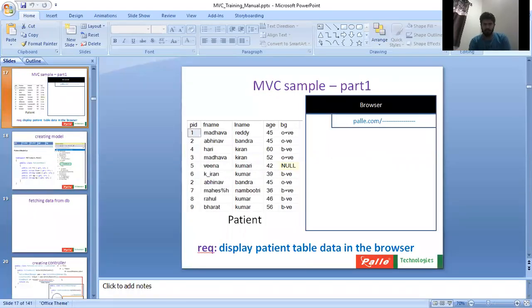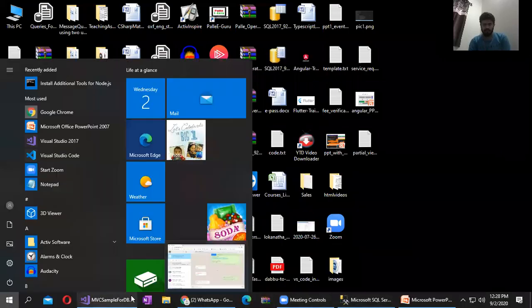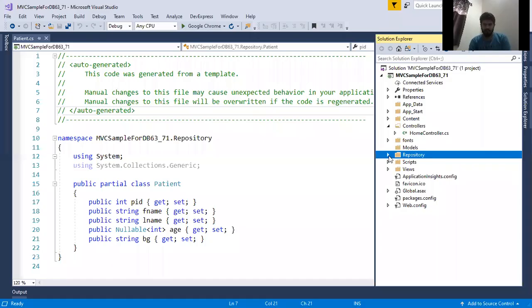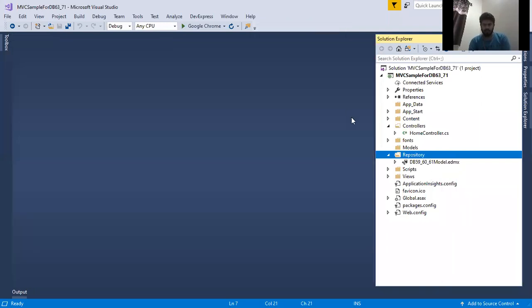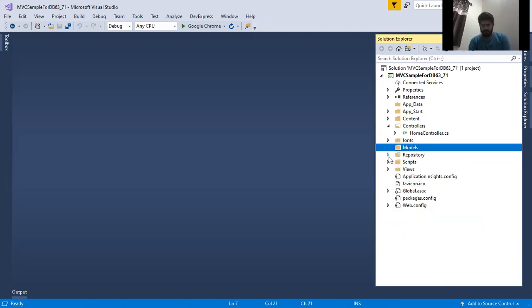So let me implement this code. I already got the model in the repository because of using that entity framework. So I don't need this model folder at all because my model is there in the repository. Okay. So this model folder is of no use.